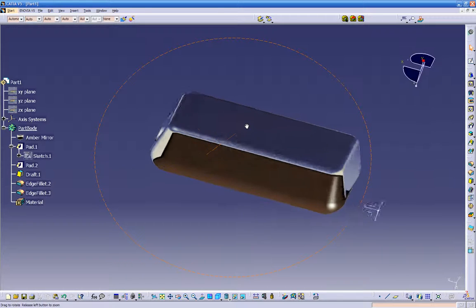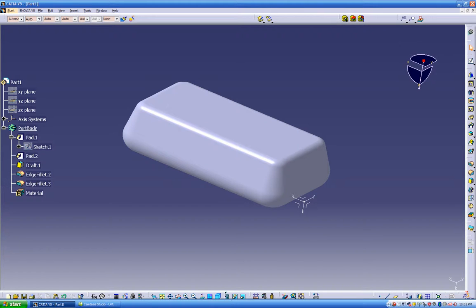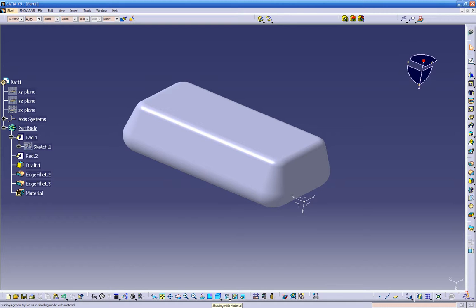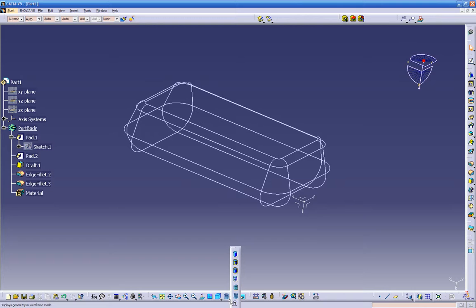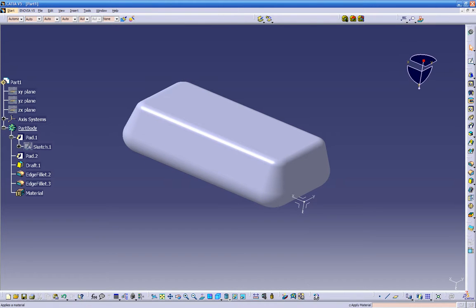Okay, so we can change this to any size we want. What we can do, we can delete this. We have to make sure that we have this selected on shading material. So we got the wireframe, we got see-through. This is my favorite one, shading with edges. So we have to make sure we set it up for shading with material. So just click on it, then click on this icon, apply material,